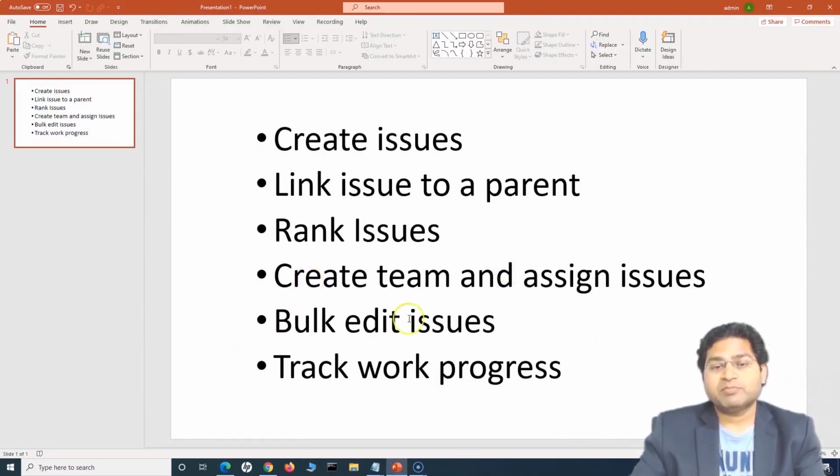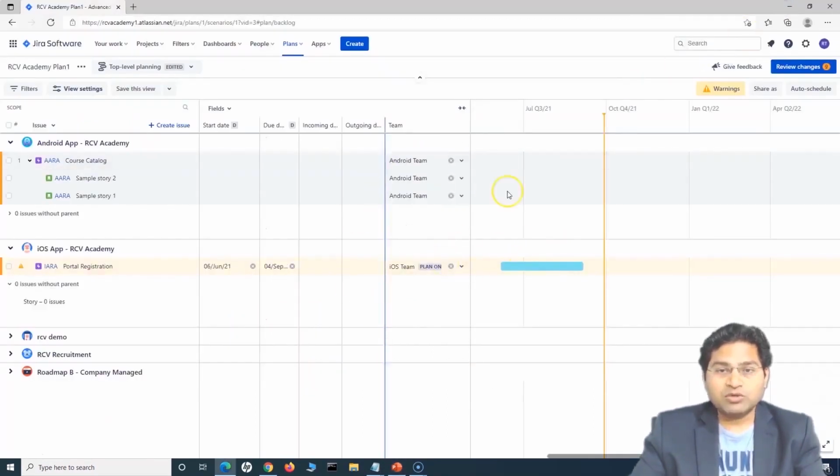All right, so this is basically how you create team and assign issues to the team. Now the next thing is bulk edit issues and track work progress, which is very important. So once you have done this, planning is basically adding the start and end date, and there is a lot of work that goes into the planning. It is not an easy activity. I'm here able to explain how you are going to navigate and do things, but planning in itself requires a lot of effort,